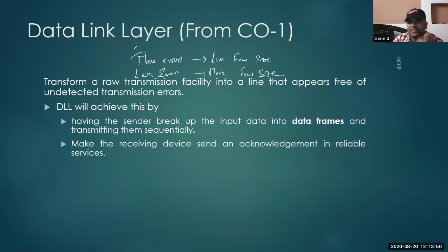So if more errors are coming, there are more chances of retransmission. Suppose you are sending the entire data in a single go, for example you are sending 1 GB of data in a single go. If in the last minute after downloading 99%, you get an error, what happens? There is so much chance of getting an error. By your luck, you have not received any error in the beginning or in the middle, but due to your bad luck, in the ending, after downloading 99%, you got an error. What happens? Your entire movie will be gone. There is a higher chance of getting such cases.